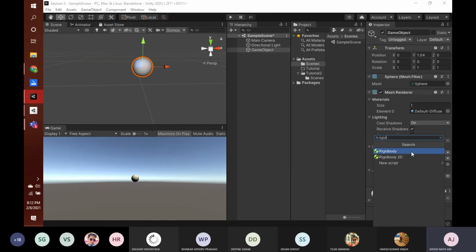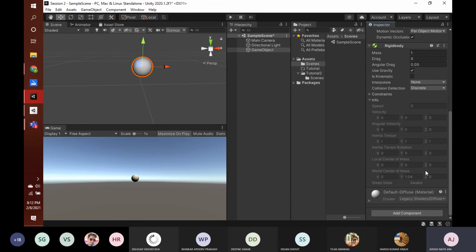But here, since this is a 3D sphere, we use rigid body. What this rigid body does is it enables this object to be influenced by physics. In a game engine, there is also a physics engine which basically simulates the laws of physics. So now you can see it has a mass, it has a drag, it has angular drag, and use gravity is set to true.